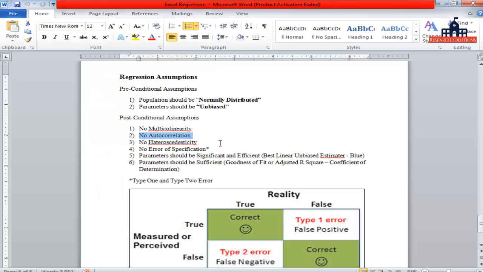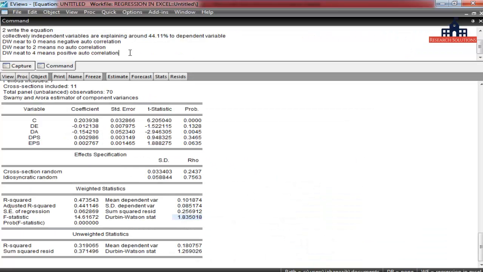Now we have completed autocorrelation. Now it is time for the heteroscedasticity test. For that, we are going to use the fixed effect and random effect models, with the Hausman test.